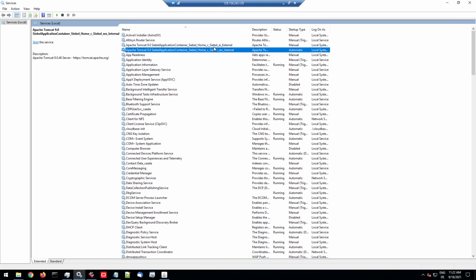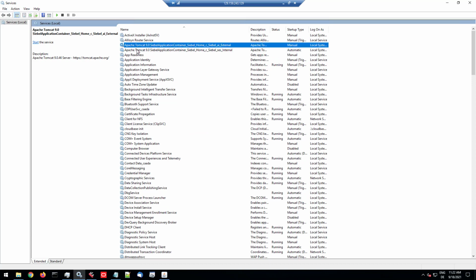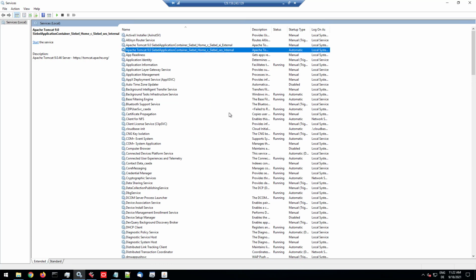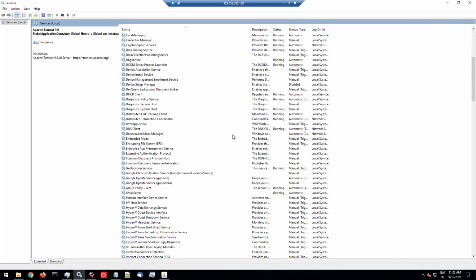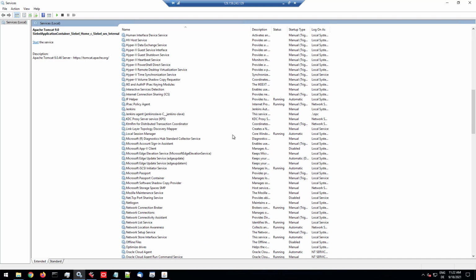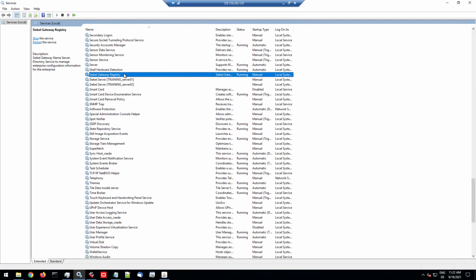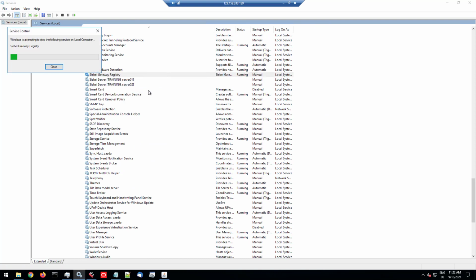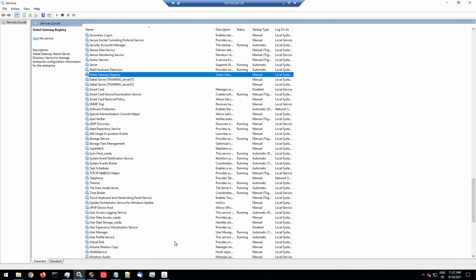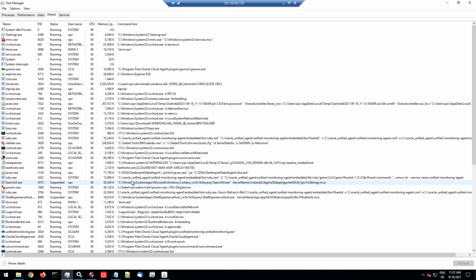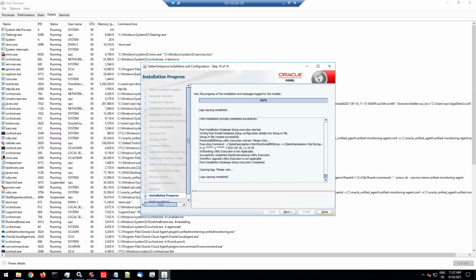Okay, taking care of the Tomcat, no new version there. 9.046 was the version for 21.8, so 21.9 does not introduce a new Tomcat version there. Let's check out the Siebel servers. Yeah, gateway registry has been started, but I can just stop it. Okay, so my enterprise is now fully shut down again. Gonna start it up later. And in the meantime,